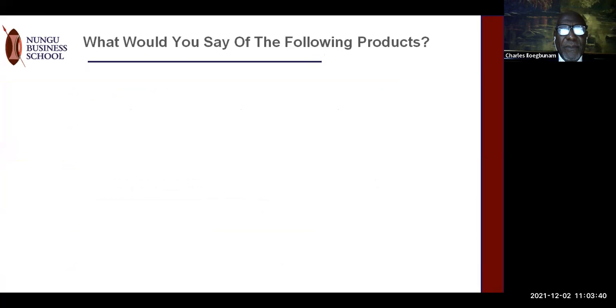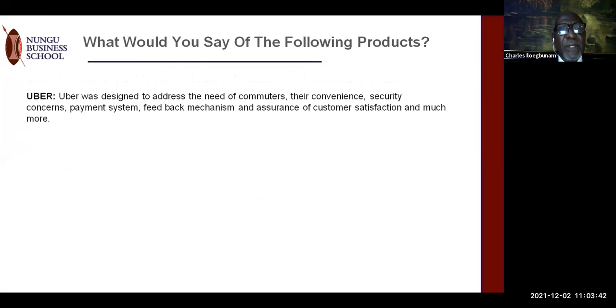What would you say about the following product? Uber. People have been moving from one point to other, from point A to B, all over the world, from the beginning of history. You know that. But somehow,